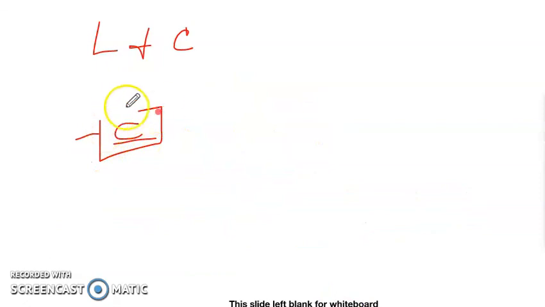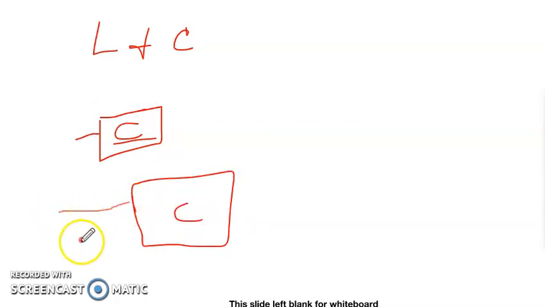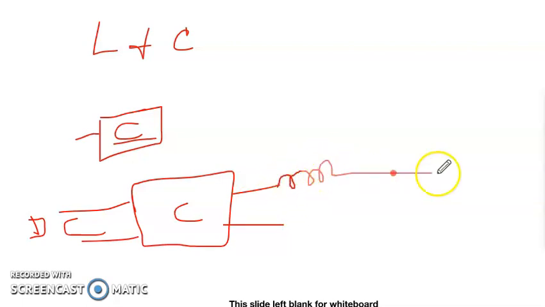So what is the filter here? The L filter. For the chopper, you give a DC input, then a pulsating type of output will come. I want to convert that into pure DC. How to convert it? You can use a filter, the L filter. That's all for the L filter.